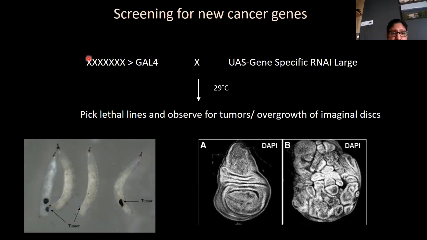So depending on the GAL4, I will screen for a phenotype like this. So here, what is the phenotype? This is a normal third instar larva, and you see these black dots. These are melanotic tumors. These are caused by overproliferation of a certain type of cells. On the right hand side, what you see is basically,